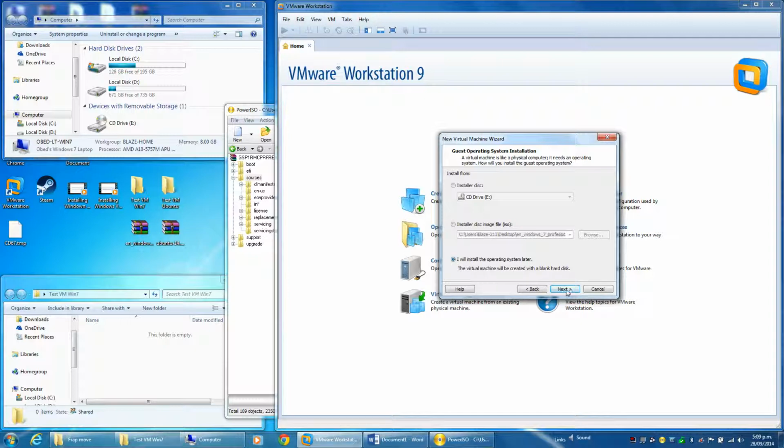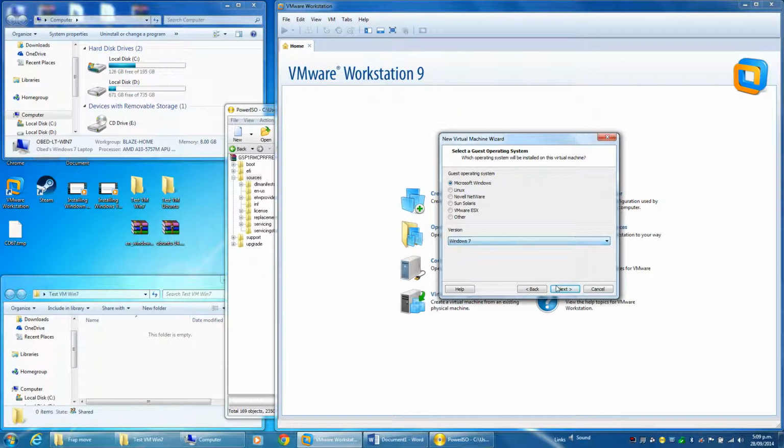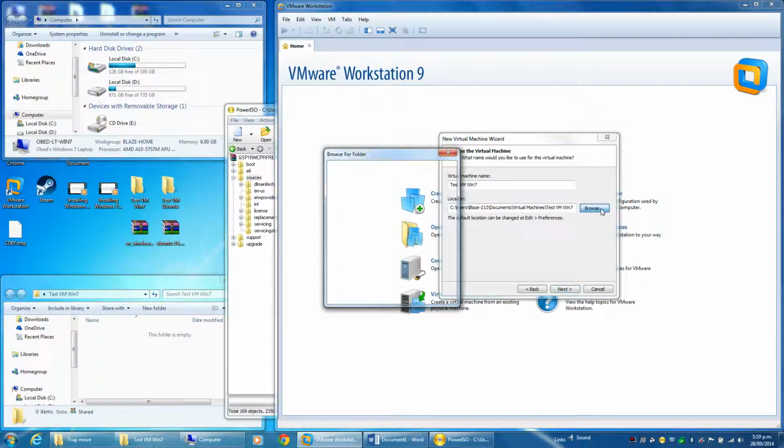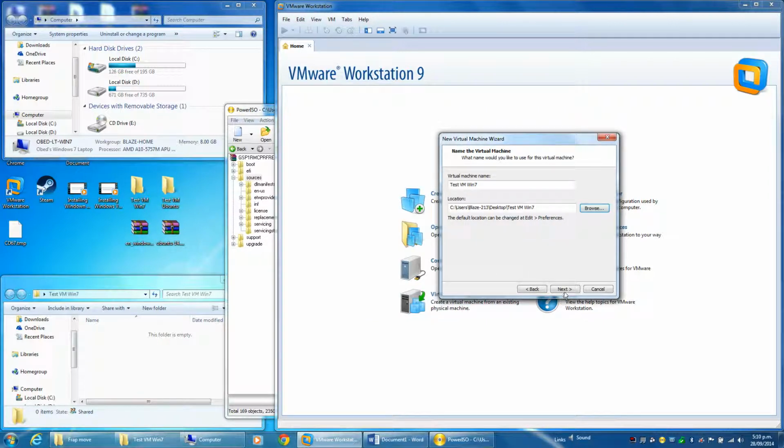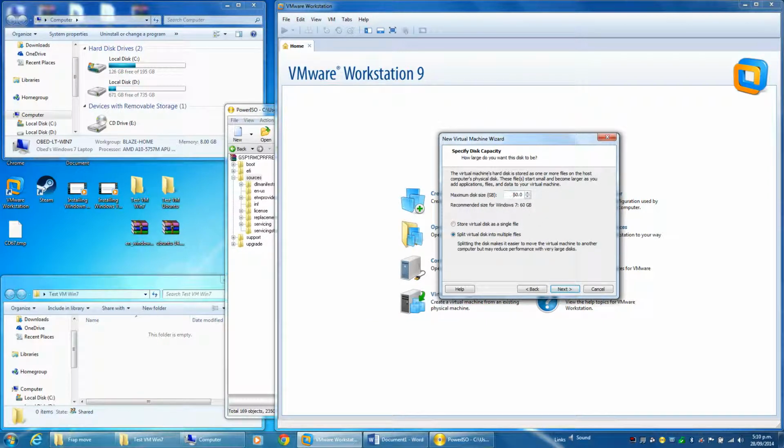I'm going to click this and go next, and over here Microsoft Windows, Windows 7, it's not 64-bit, it's 32-bit, click next. Virtual machine name, I'm going to name it the same naming convention as my desktop, test VM Win 7, and the location is going to be this folder here on my desktop. So I'm going to browse to test VM Win 7 on my desktop. Okay, click next. I'm going to allocate 20 gigs,